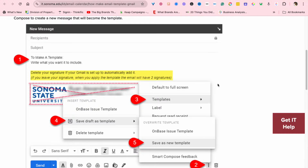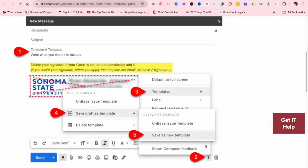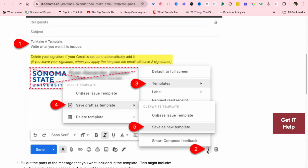So in looking at my screen here, you can see that inside of Gmail in Google Workspace, you can go in and compose your email just like you would normally. And then if you go down to those three little dots, there'll be an area where you can select templates. You can choose either to insert one that you've already created, or you can save as a new template. So really the information you're seeing here is they just created a draft email as if they were sending it to a recipient, a client, if we're talking in this world. And